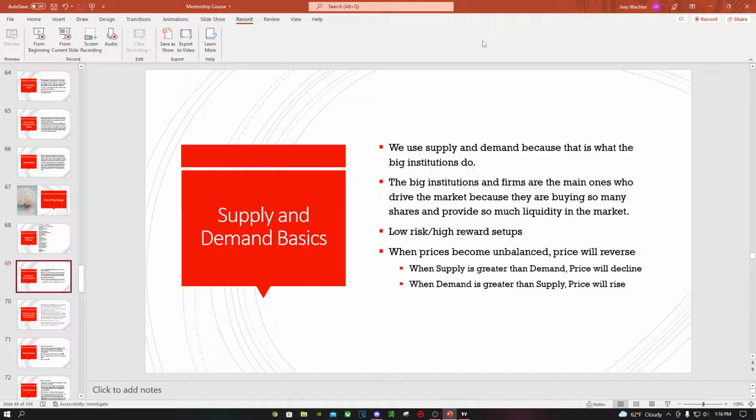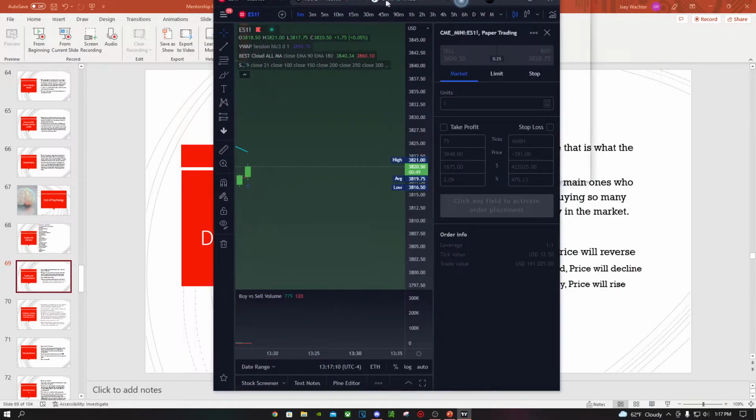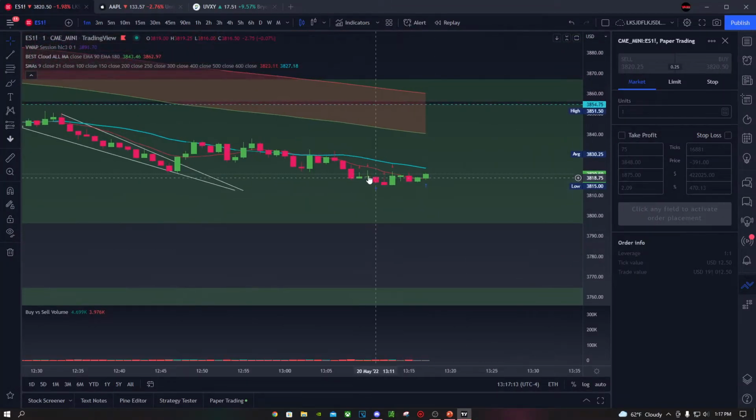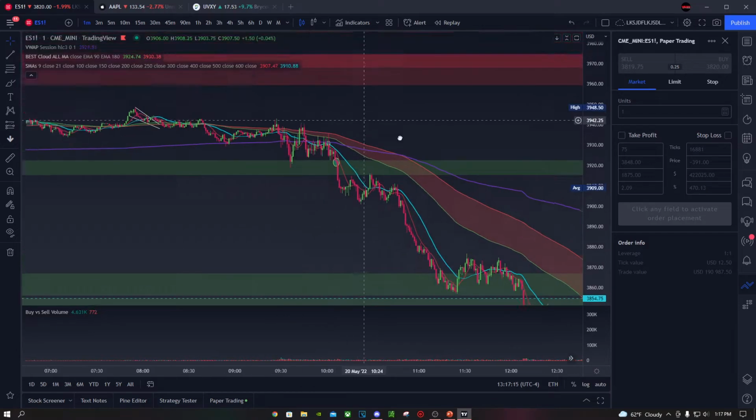So when price becomes unbalanced, the price will reverse. When supply is greater than demand, the price will decline, and when demand is greater than supply, the price will rise. So let's just look at an example from today. So let me drag this over. Okay. So this is today,